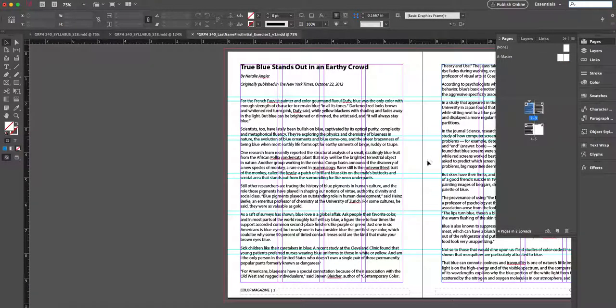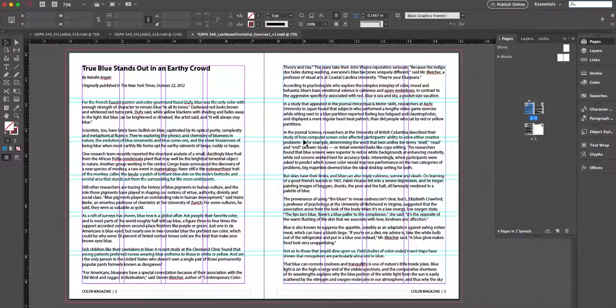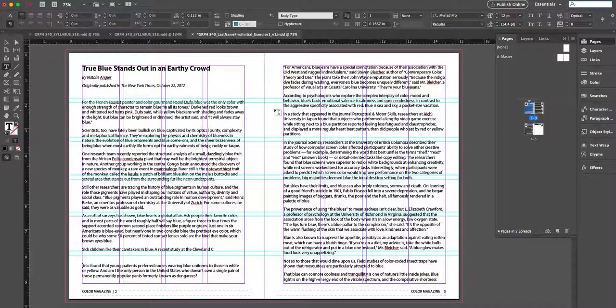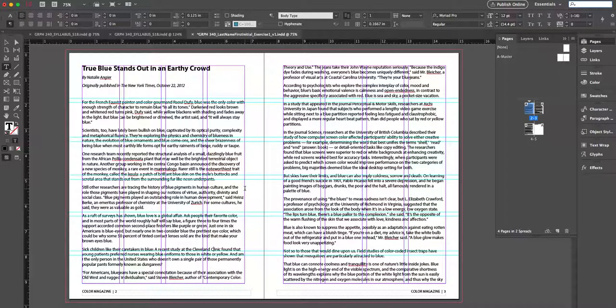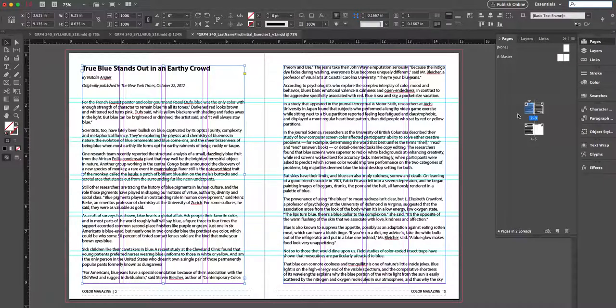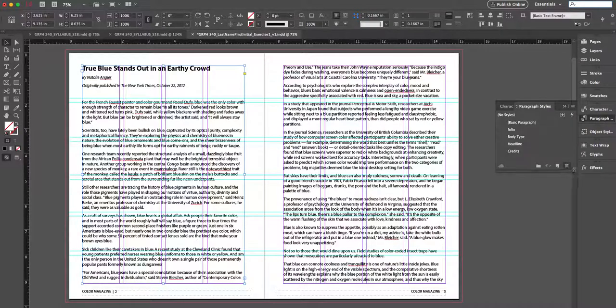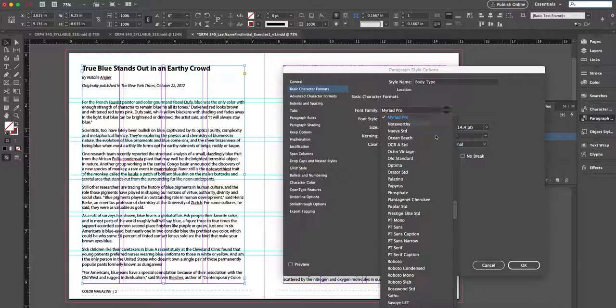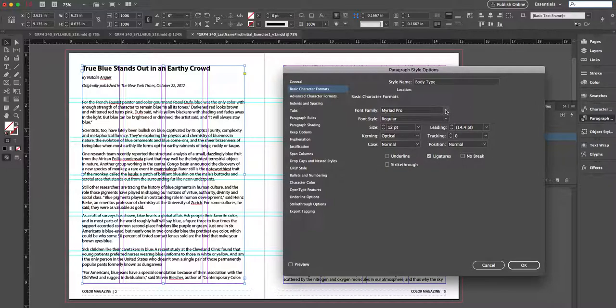Once you go into the text, you'll see that it's all just laid out as one big text box, and they're all linked. So if you hit return on one, it will automatically update up here, so you don't have to worry about that. Then go over into paragraph styles, and you'll see that I've already named and created paragraph styles for you. If you wanted to change the body type, you double click the body type paragraph style, you go into basic format, you can change it to a different typeface,